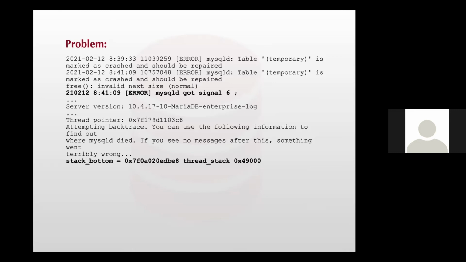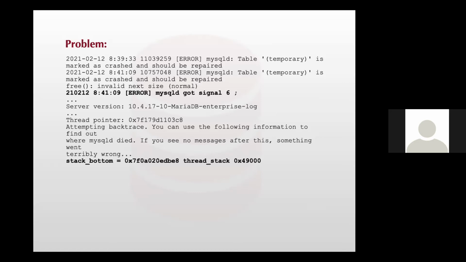In this kind of situation, a core dump is very helpful. Where you will not see any error in the error log, the command line, or anywhere else, then you have to enable the core dump. So we asked our customer to enable the core dump and provide it so we could move forward and identify the issue.